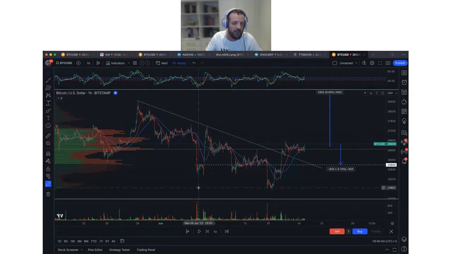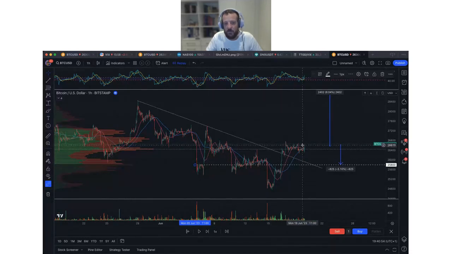So for example, here I've identified a specific level that I like, down here at 25,800, based on the volume profile that I'm seeing here, based on where the price is. There's also volume up here, and that could also be potential target levels. And if I zoom out, there could be higher levels up there. But really what I'm seeing is that this is the kind of level on this time frame that I would be looking for. This looks like it's acted as support over some time, and this has looked like it's acted as resistance. So those are the levels that I'm quite interested in.